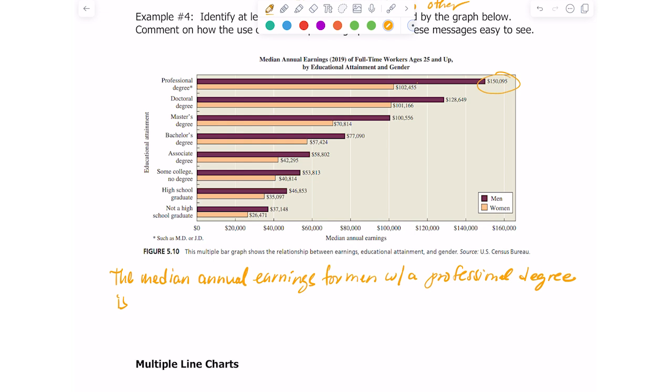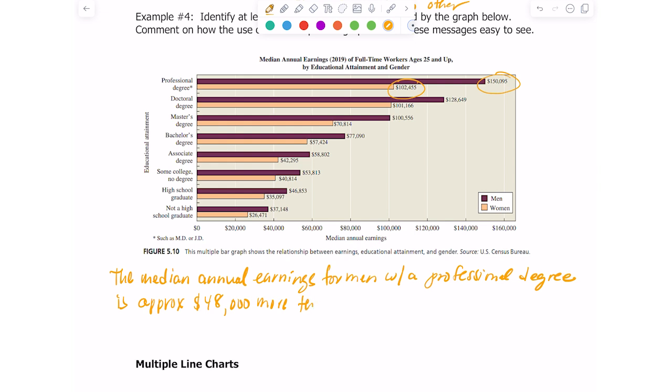So maybe we can subtract them instead of writing both numbers. And if you subtract those two numbers, you get what? 47,640. So the median annual earnings for men with a professional degree is about $48,000 more than a woman with a professional degree, right? So it is approximately, we'll say, 48,000 more